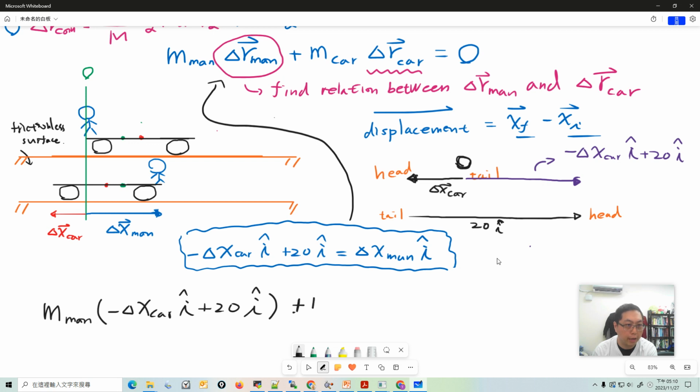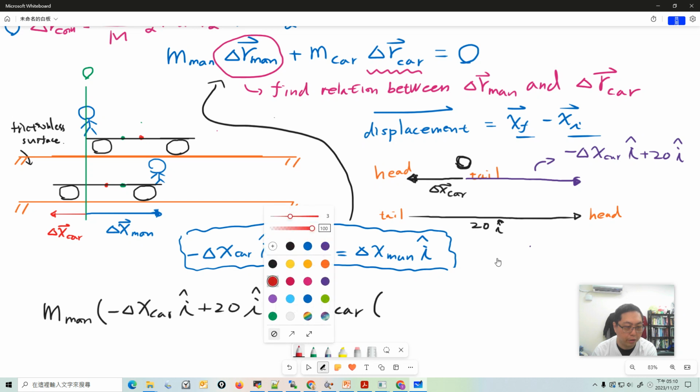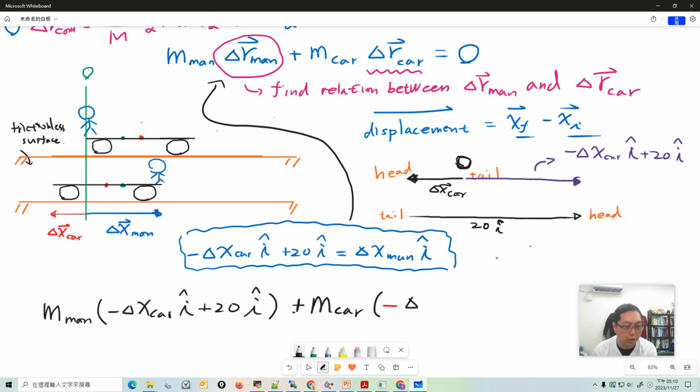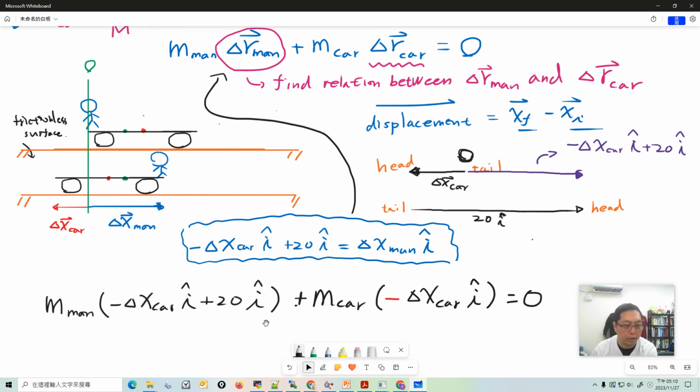In the car, the delta x car here, be careful, it's minus delta x car equal to 0. Be careful, because under this coordinate the displacement vector